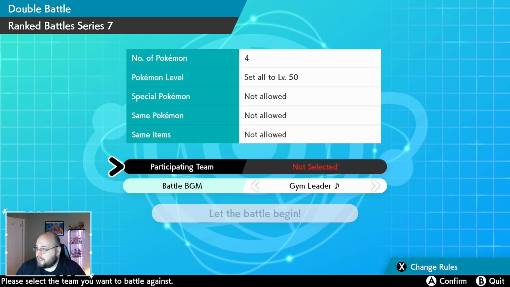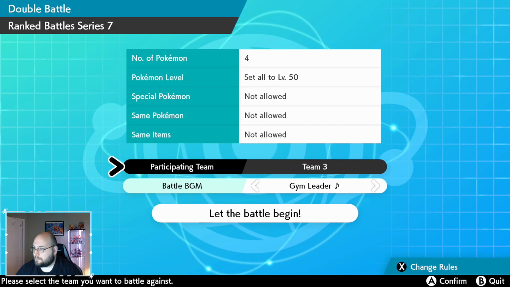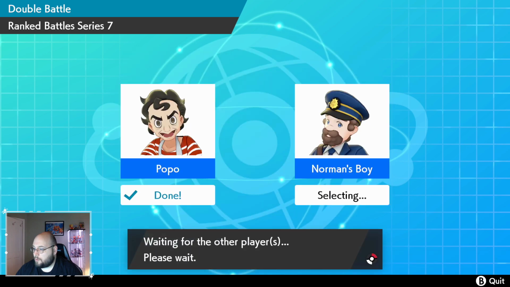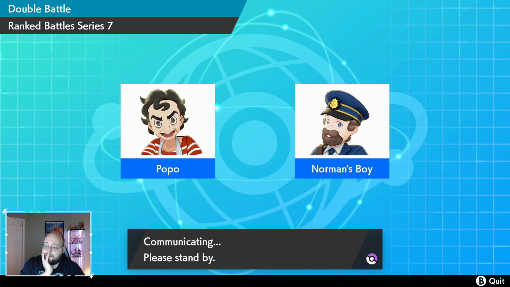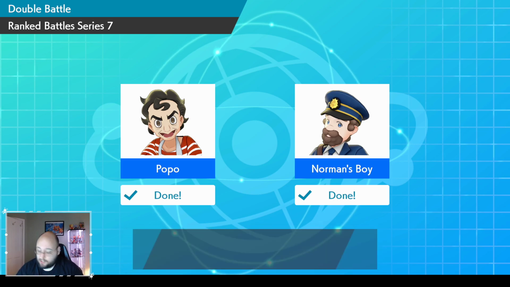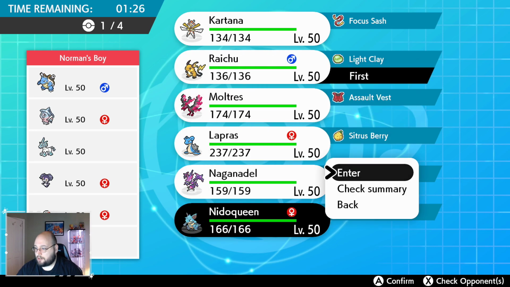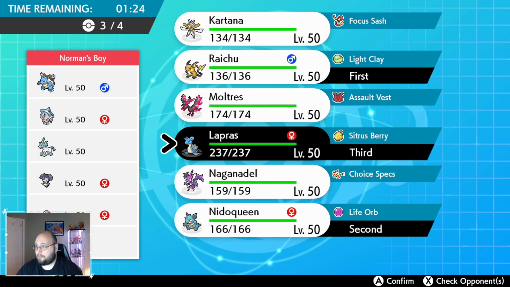Okay, so I think we still go with what I said, because he's definitely going to bring Regieleki this time, because he's going to be seeing what I brought, the Lapras and stuff. So I think he's definitely going to be doing that. So I think we go the Raichu Nidoqueen, like I said. We'll bring the Lapras in the back. Do we want to bring the Lapras in the back? I think the Lapras in the back is actually better here,